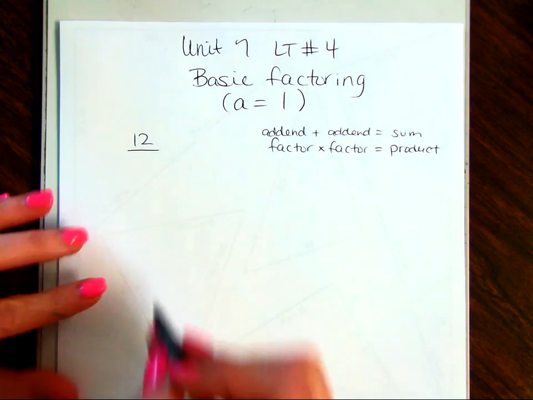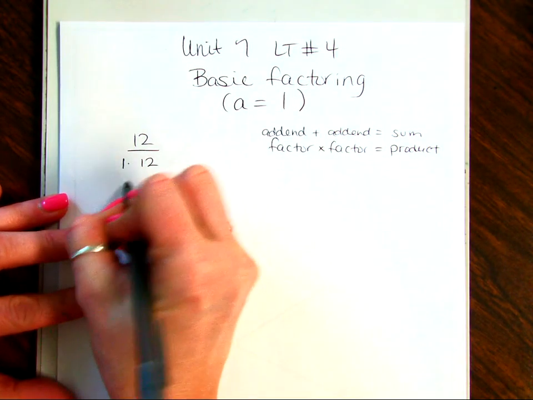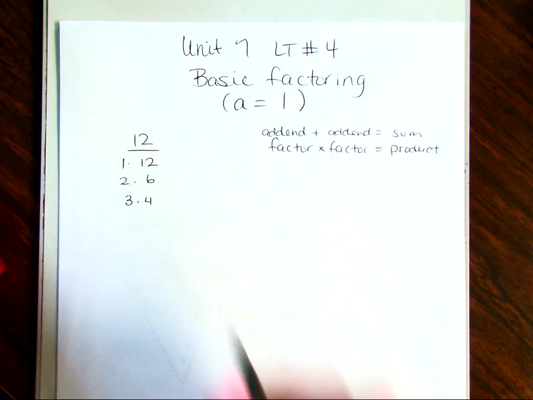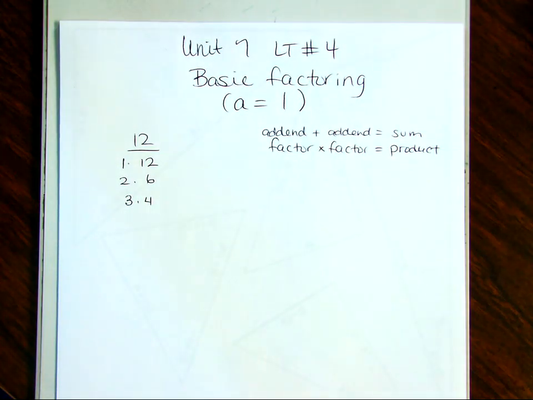So you remember doing this. 1 times 12 will give you 12. 2 times 6 will give you 12. And so will 3 times 4, right? So you just factored 12. Woo, fancy. We're going to do that on a bigger scale. Okay, so factoring means coming up with the 2 numbers, or in this case, the 2 binomials that you multiplied